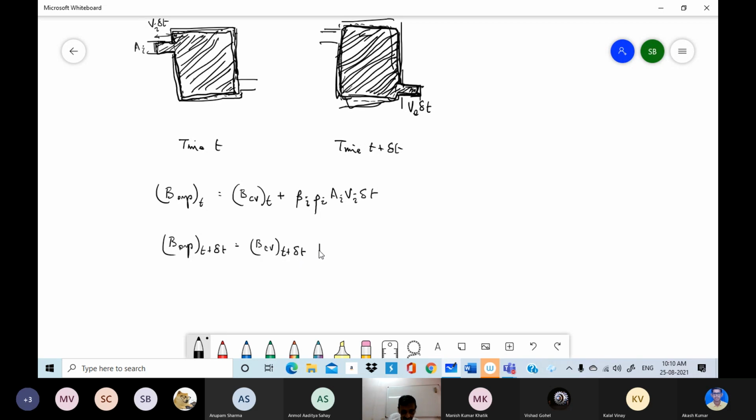At t plus delta t, I have to include the amount of B. So B is an extensive property. If you divide the system into parts, the extensive property for the entire system is the sum of the extensive property for the parts. So I'm adding for the control volume and the portion in the inlet or exit pipe. So now I have to include the value for the part in the exit pipe. So that would be similarly